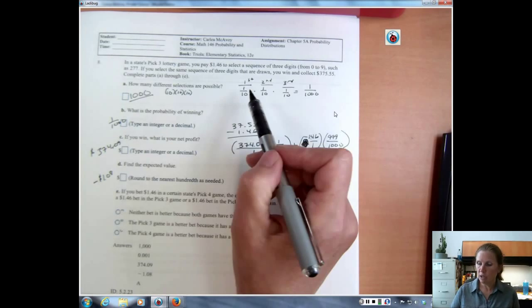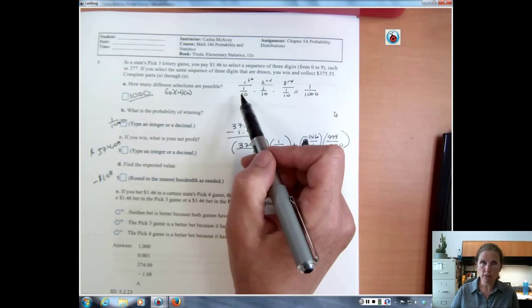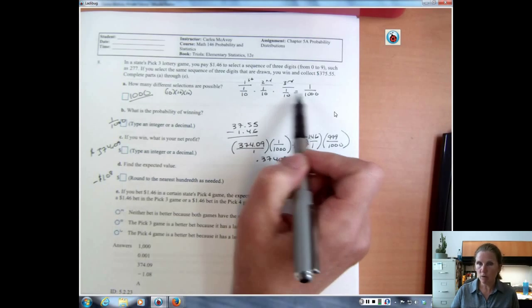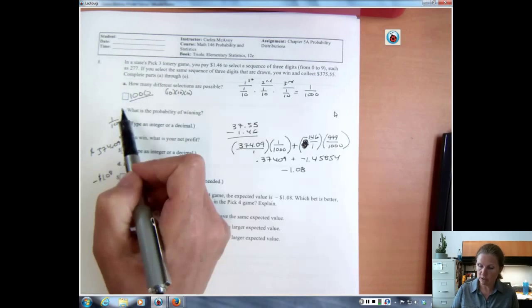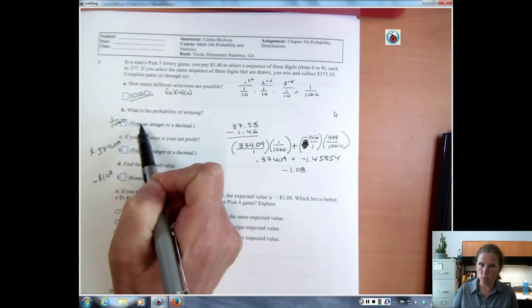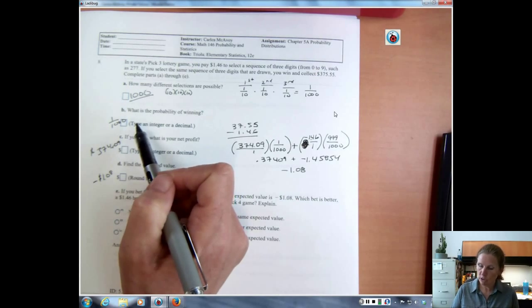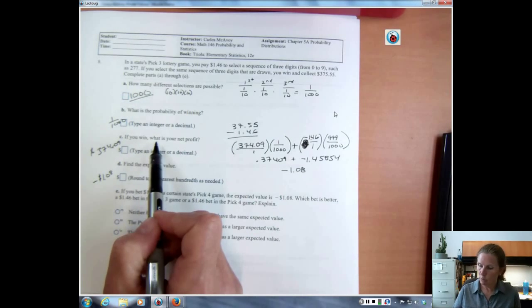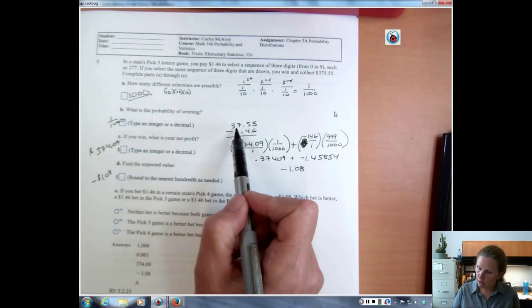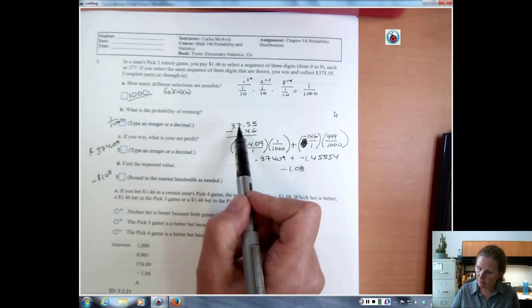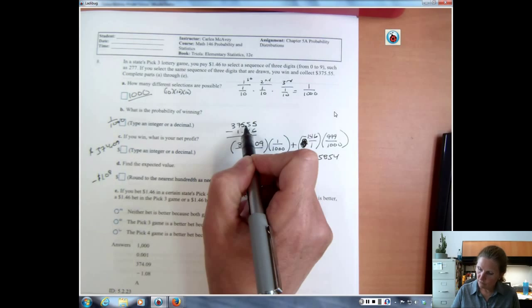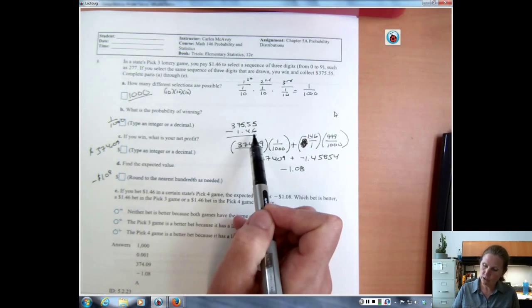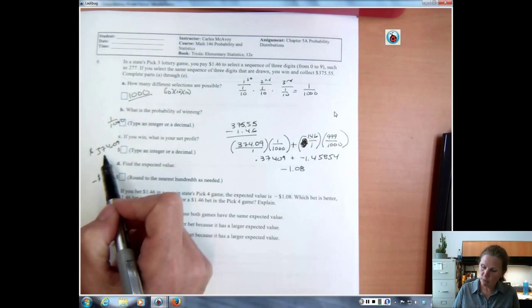The first time you draw a number, you have a 1 in 10 chance of getting what they got. Second time, 1 in 10 chance. Third time, 1 in 10 chance. So you have a 1 out of 1,000 chance of actually picking what they picked. That's where we got the 1,000. The next question was, if you win, what is your net profit? Well, you won $375.55, but you paid $1.46 for the ticket. And if you subtract those two numbers, you get